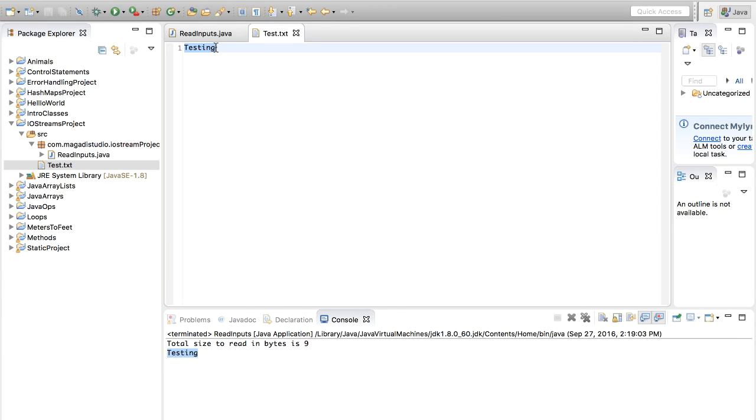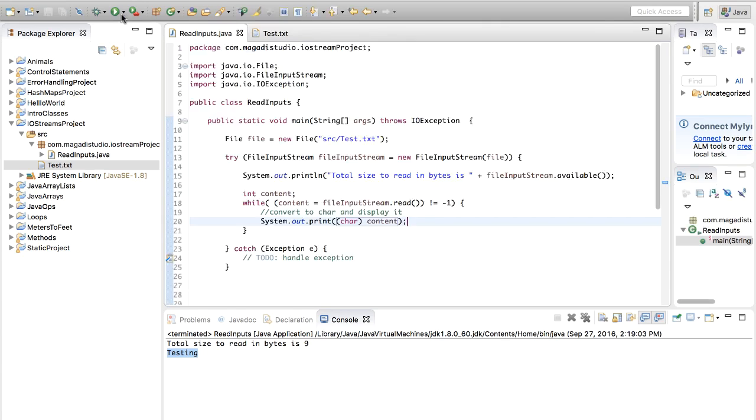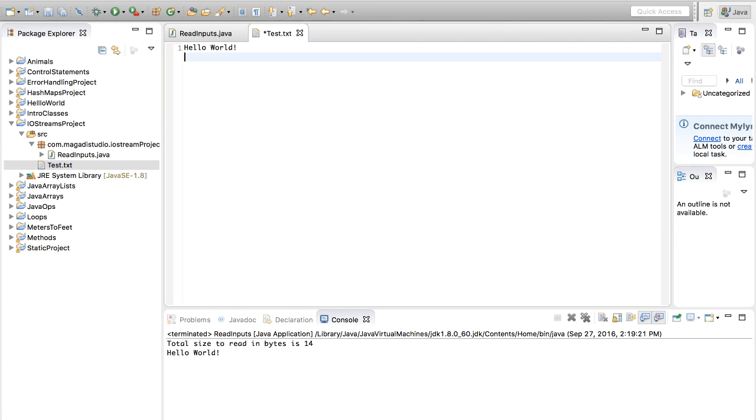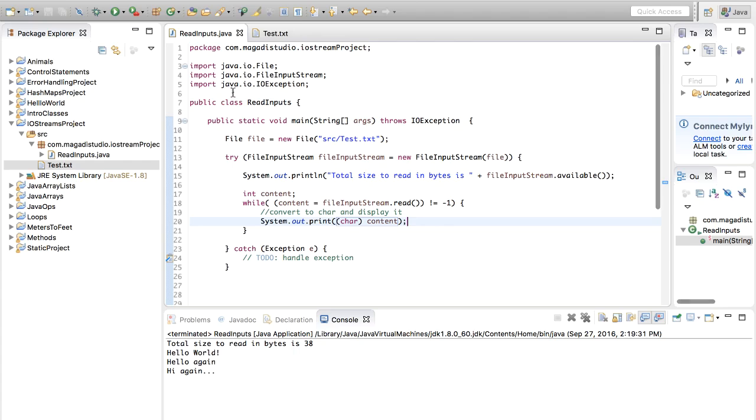Just to make sure we can convince ourselves that we are not just delusional, let's say hello world, something like that. Save, go back here and just run. It should say hello world. So whatever you change here to be and say hello again, hi again, and save and run, and you get all of that stuff. Okay, because again, look, we have more than one line,